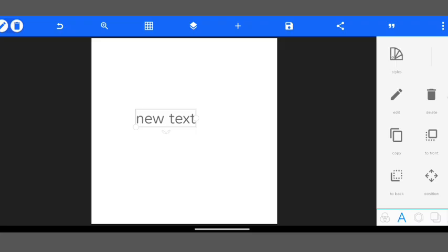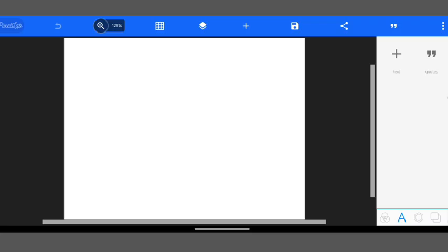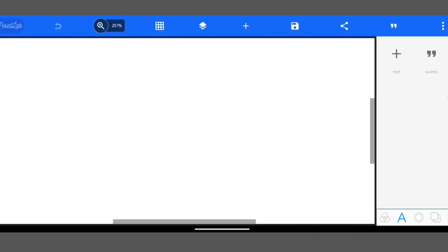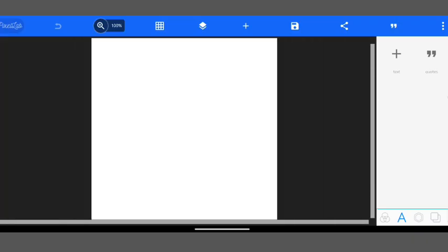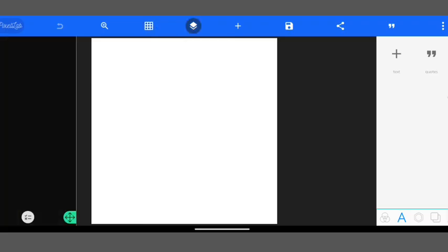So now here, this is the undo. This is the undo button. This is the magnification button, or you call it the zoom button. You'll be able to zoom in and zoom out. Okay, now the third icon here is the grid icon, whereby you'll be able to put your text or your images in alignment. Okay, right. The next thing there is the